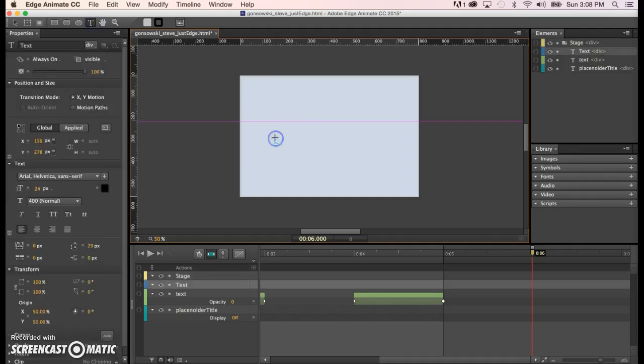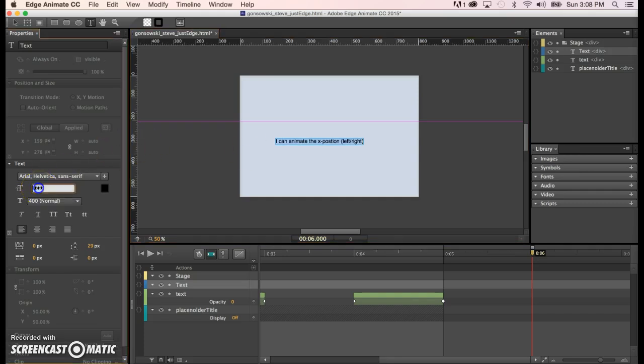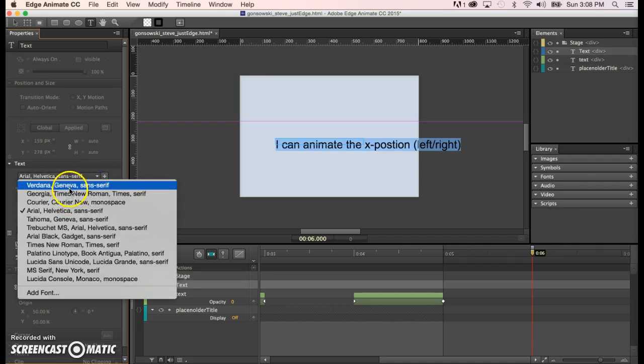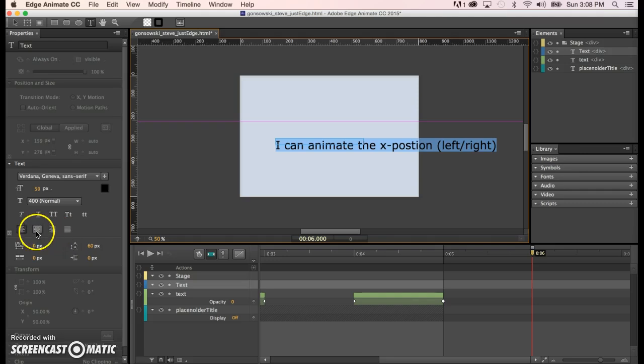So let's go ahead and take the text tool, type out our text, and just a couple little things might make your life easier here. When you change the size of the text, you need to be inside of there, so sometimes it's easy to just click and do Command A to select all of it, and then we can change our values, make sure everything's set up the way we want them. Probably want to center this, put the cursor in here, delete that space out, hit the return key,